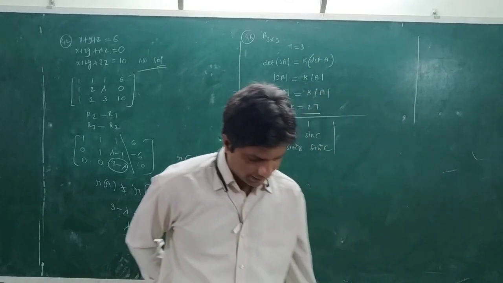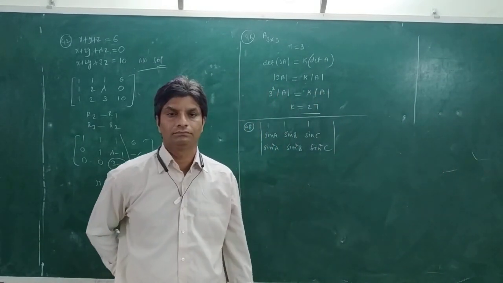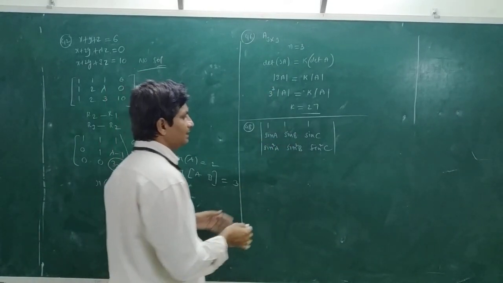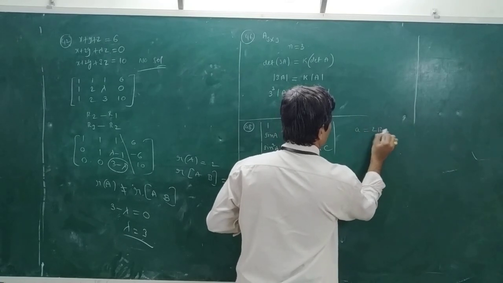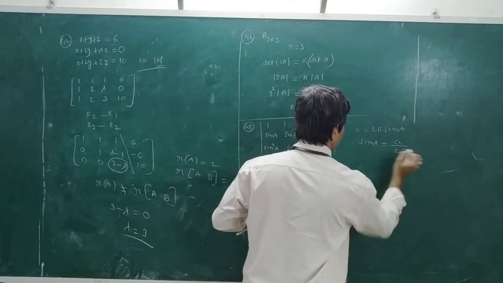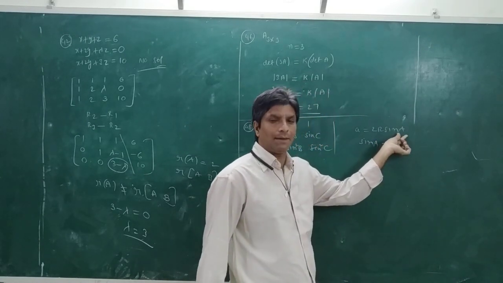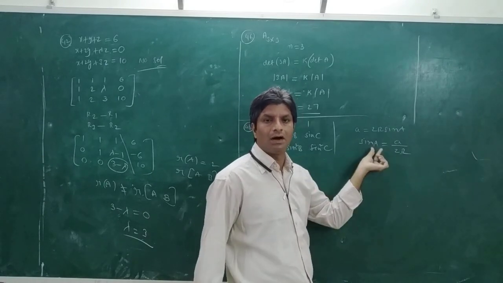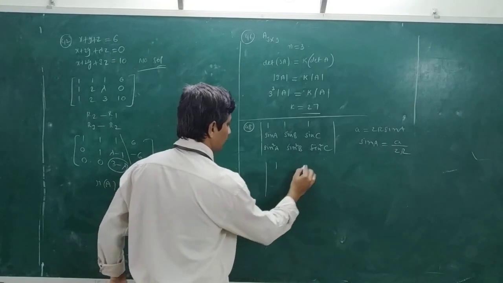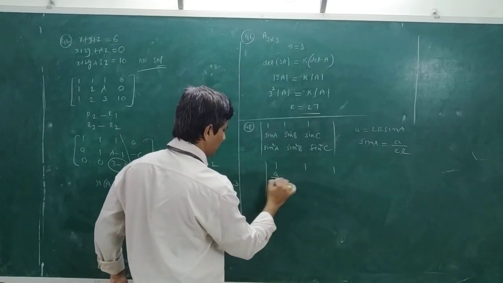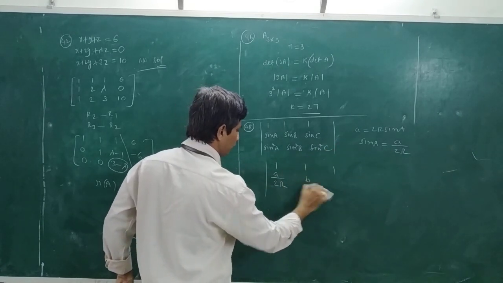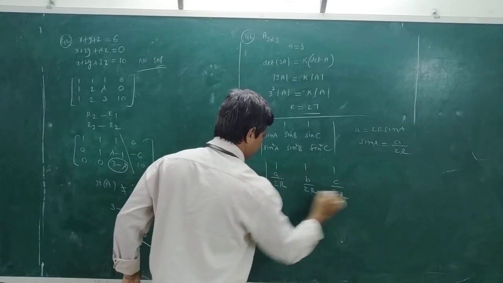Here capital A, capital B, capital C are vertices of a triangle. It is not given in the problem, but actually it is triangle ABC. So apply the sine rule. What is small a? 2r sin A. What is sin A from this? a by 2r. Capital A, B, C are vertices of the triangle; small a, b, c are sides of the triangle. So similarly, this is 1, 1, 1. What is sin A? a by 2r. Similarly, b equals 2r sin B, so sin B equals b by 2r. This is c by 2r.